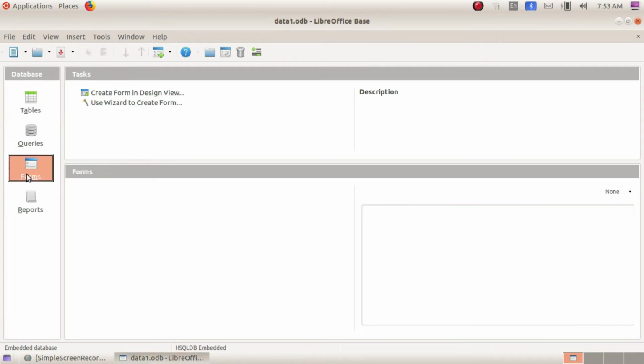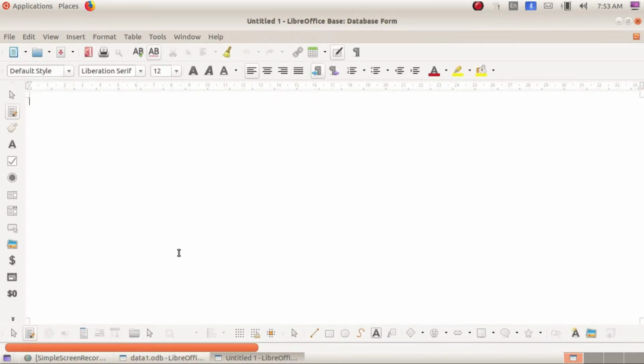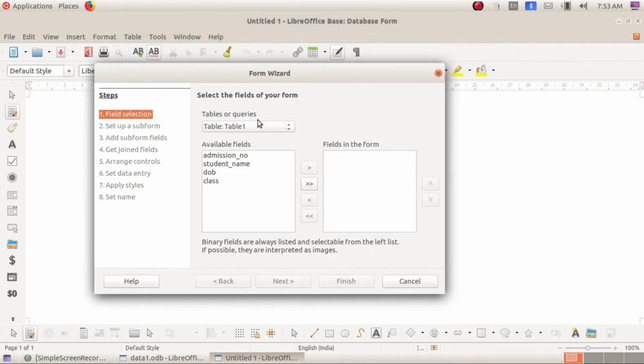So go to forms in this database panel and select Use Wizard to create form from this task panel, and here you will get a dialog box like this. In this we have selected the tables from Table 1 and which contents you have to use.